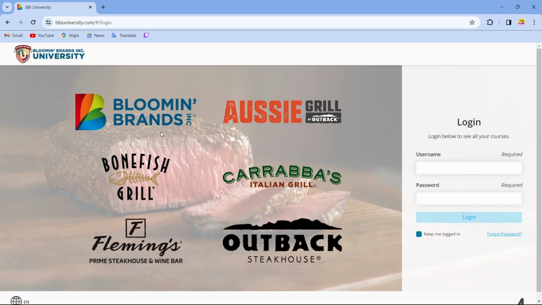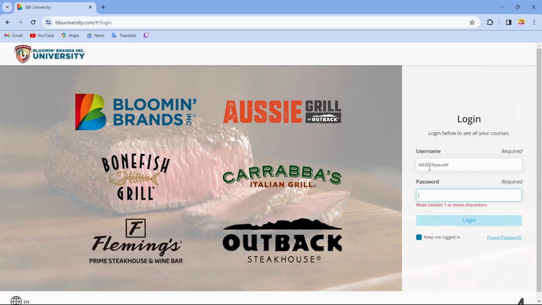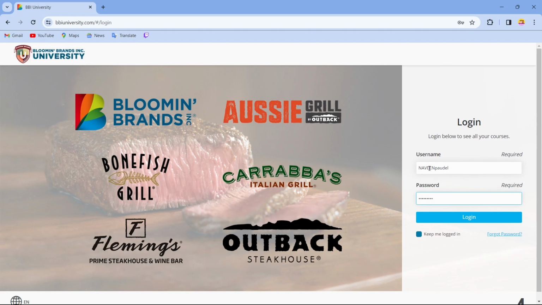And here what you can do is, in the right side of your screen, you can enter your username and password to log into your account. Just simply enter your username. After entering your username and password, just tap on login, and after tapping on login, you will successfully log into